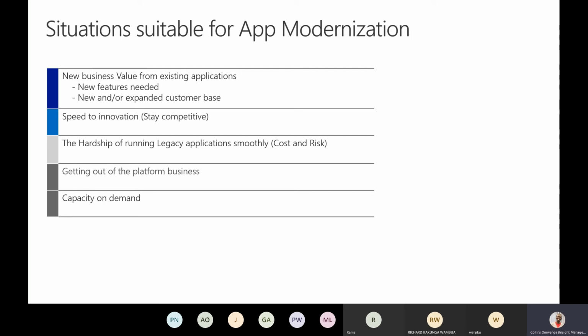Of course, modernizing your application provides the opportunity for speed in innovation. And of course, there are challenges in running legacy applications that make you consider modernizing, getting out of the platform business and delivering your solution as a service, and of course, capacity